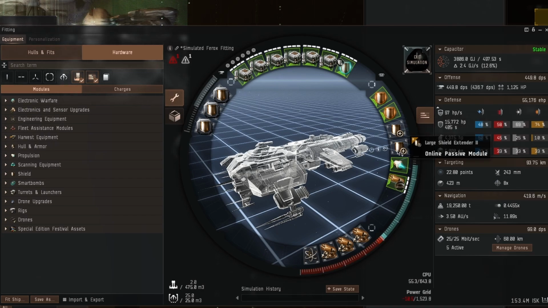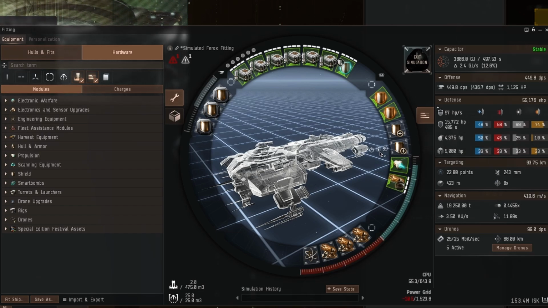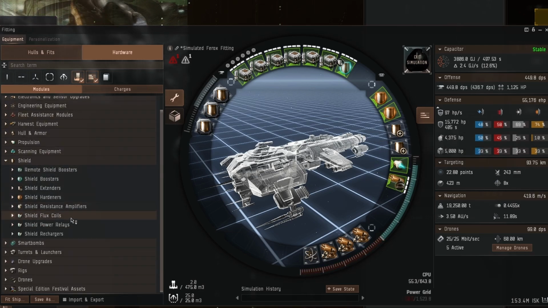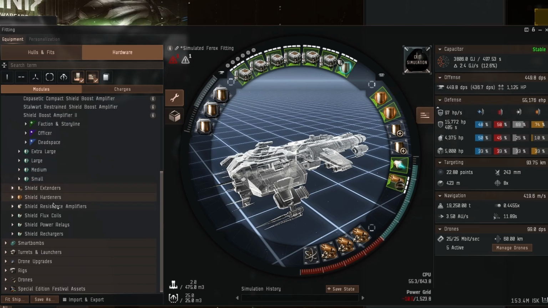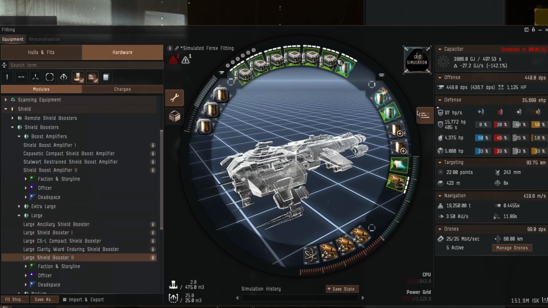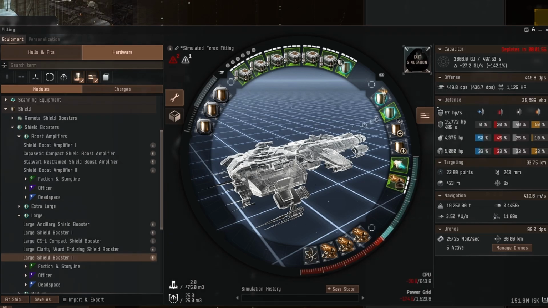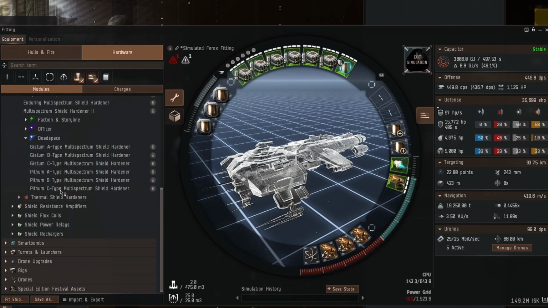One thing we could do is downgrade one of these large shield extenders to a compact version. We will be sacrificing some shield tank. I mean, we've gone to 97, which I believe if we do the shield boost amp thing again, so shield boost amp and a Tech 2 large shield booster, yeah, that's 93.8. So our passive tank with this shield command module is now better than a boosted large rep,